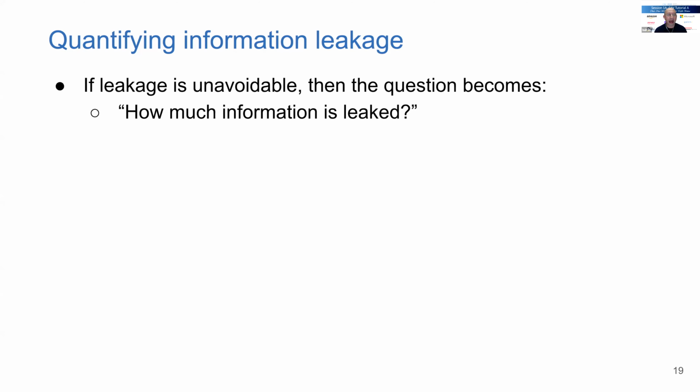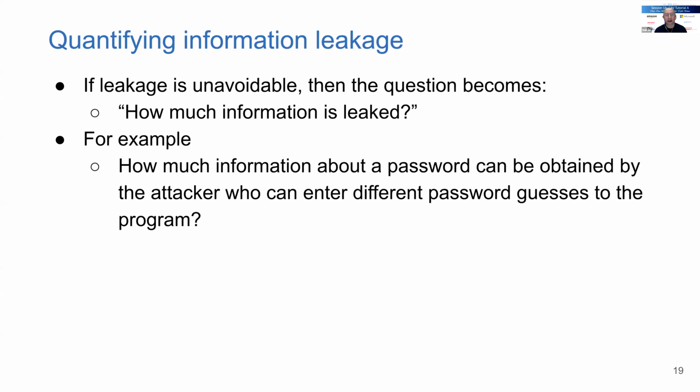Therefore, I want to talk about quantifying information leakage, because we want to quantify how much information leaks. Non-interference says we want zero information leakage, but that's not practical for many cases. So we want to quantify how much information leaks, and that's the thing we want to figure out for the password checker. For example, if a password checker is implemented properly, it should not leak too much information, but maybe there's a mistake in the implementation, maybe there's a side channel, so then it leaks more information than we want.